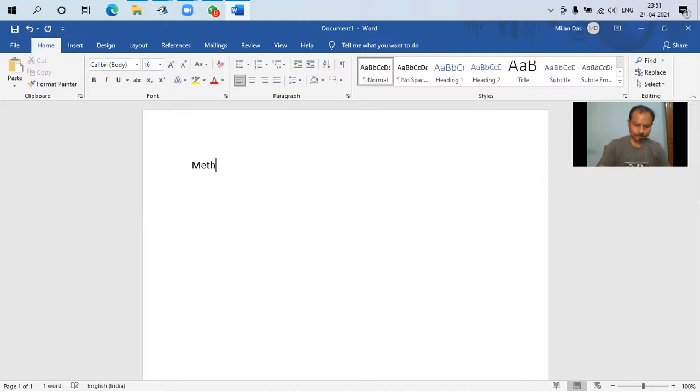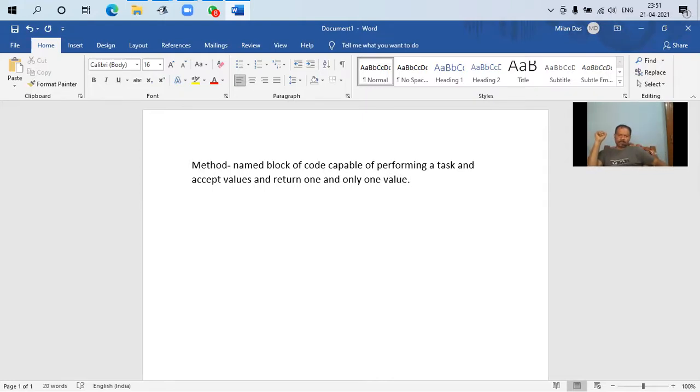Method: a block of code that performs a task, accepts values, and returns a value. So in the definition itself, it may not be perfect.